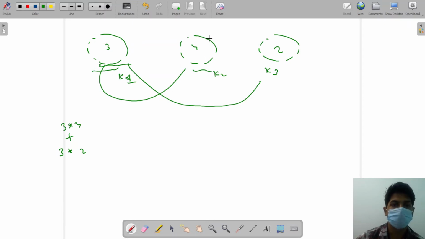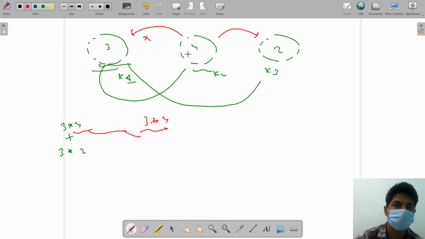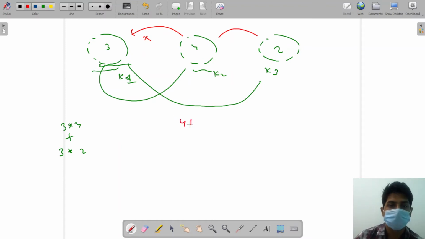Now this particular 4 can pair up with this one only. If it will pair up with this one, then 4 into 3 will be redundant. Let me write again what I just said. Now 4 cannot pair up with 3, it can only pair up with 2, because if it will pair up with 3, then 3 into 4, this particular one will be redundant, these two will be same. We are again counting the same pair, so this will not happen. So we will not again count with 3. So the answer for this particular 4 is what? 4 into 2.